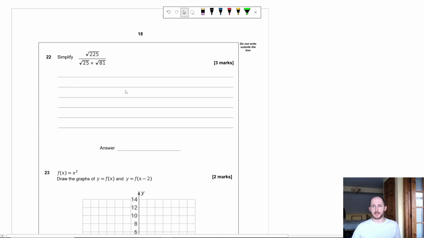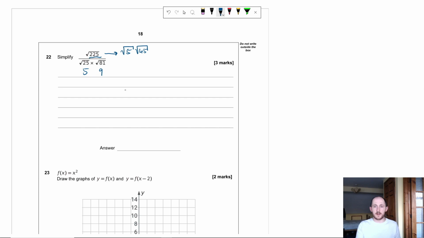Simplify this. Okay, so again, we're going to use the fact that this is going to be 5, square root 25, and that's going to be 9. Now, square root 225, that's interesting. We can try and change it into 2 separate things. Okay, so let's think, what could we separate it into? Well, what can I divide it by? Well, I can divide it by 5, so let's start with 5. Square root 5, and that is square root